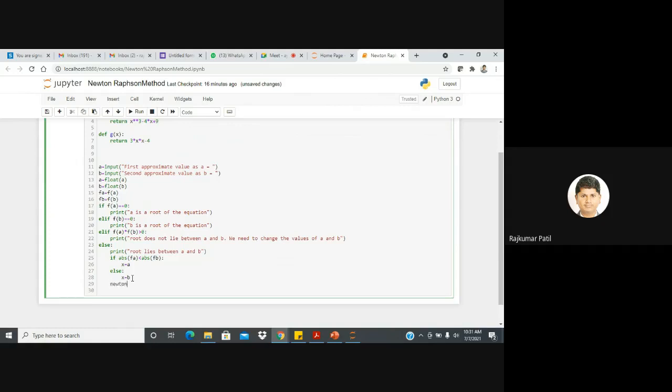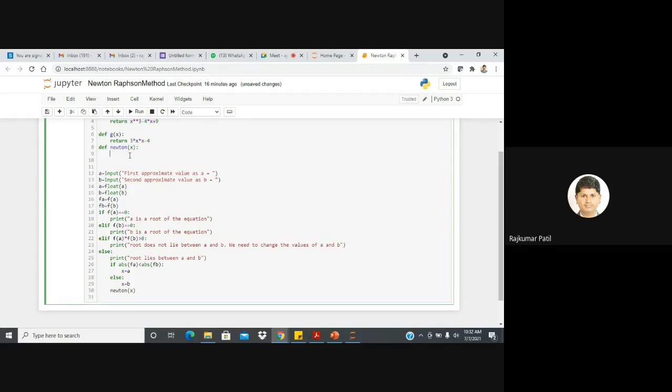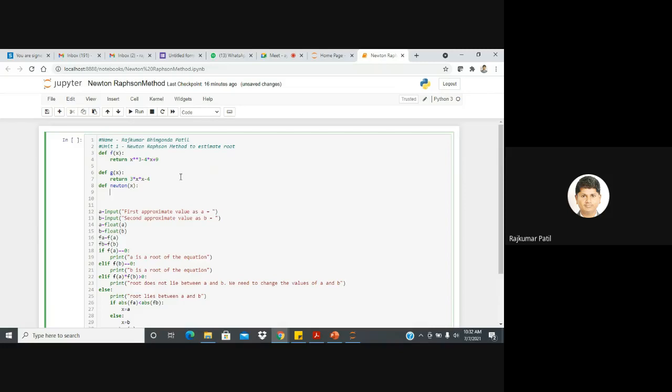Newton x. So after this particular line, the program will go to a function named Newton x, and this function we will define here. Define Newton x. We are defining a function for the Newton-Raphson method loop.